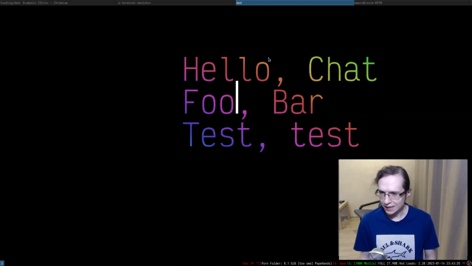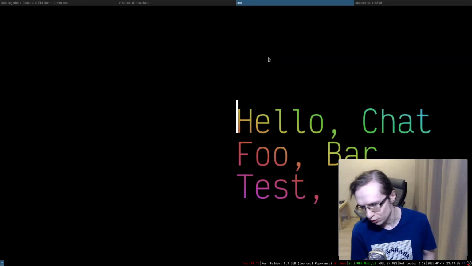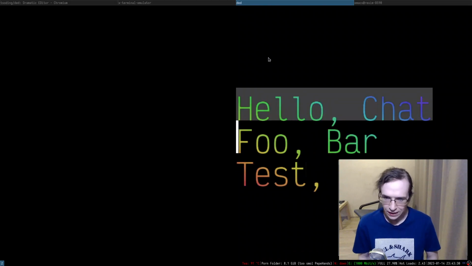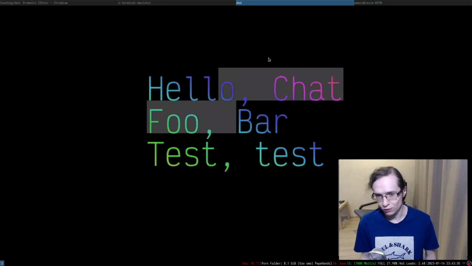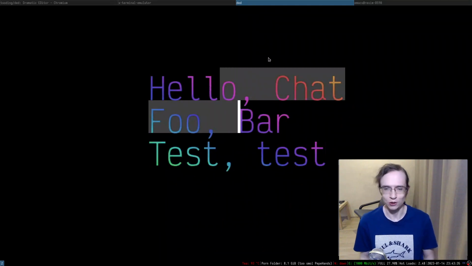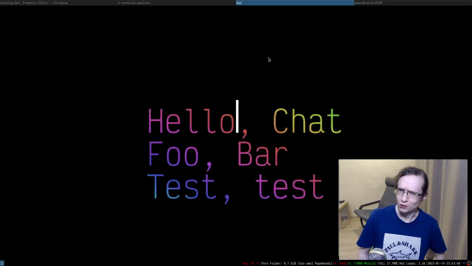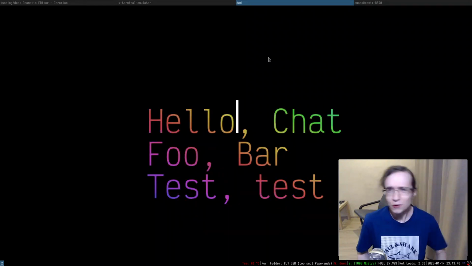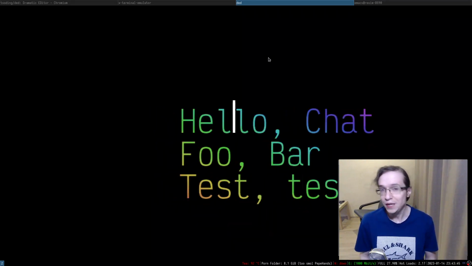On the previous stream, I think we implemented the selection, right? We're developing the text editor from scratch, so we didn't even have any selection. And this is how selection looks. It behaves like a selection, but right now, if I try to delete something, it doesn't really delete this selection, so it's not finished. I said that I'm going to do that off screen, and I didn't do that off screen, right? So maybe we're going to do that on screen, who knows, but only after the main topic of